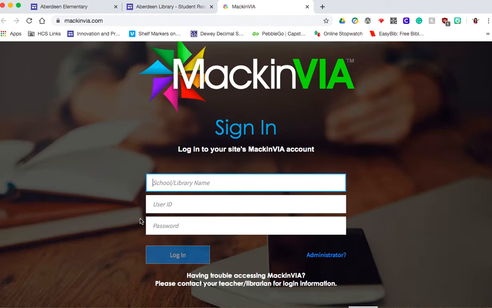There are 3 empty spaces there underneath the sign in screen. First one says school/library name. The second one says user ID. And the third one says password. So for the first box, you have to enter in Aberdeen. So when you type in Aberdeen,